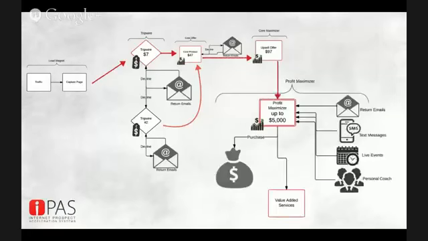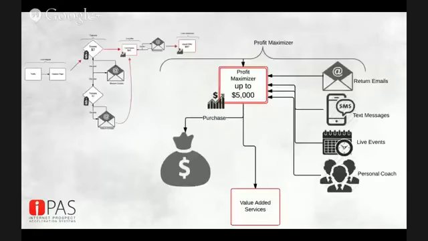From there, we add the Profit Maximizer. Okay, the Profit Maximizer looks like this. It's a way for you to add up to $5,000 without you having to do any more work. So people get tuned into this Profit Maximizer. What is this product? What is it all about? And we also have return emails that drip on them. We add in other technologies like SMS text messaging, which show people the value of this product.